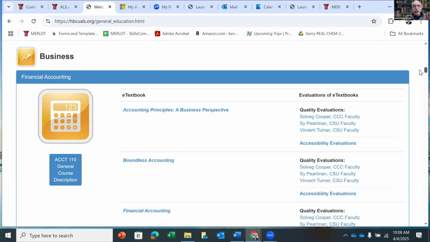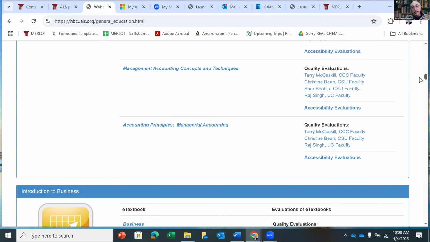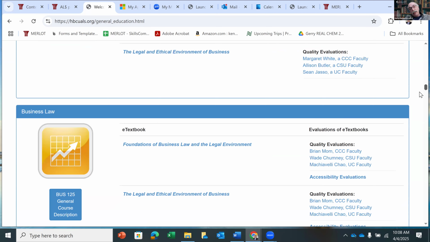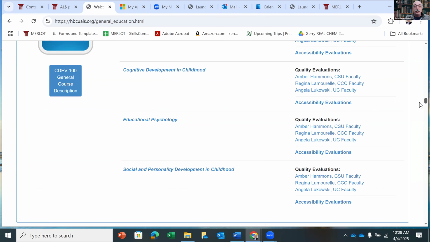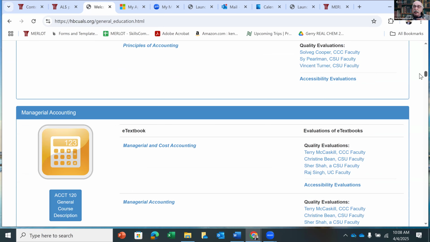So what we've done here is organize free and open textbooks by major areas: business, STEM, social sciences, education, etc. And again, to make it easy. The other thing we've done is have faculty provide reviews of these books as well.